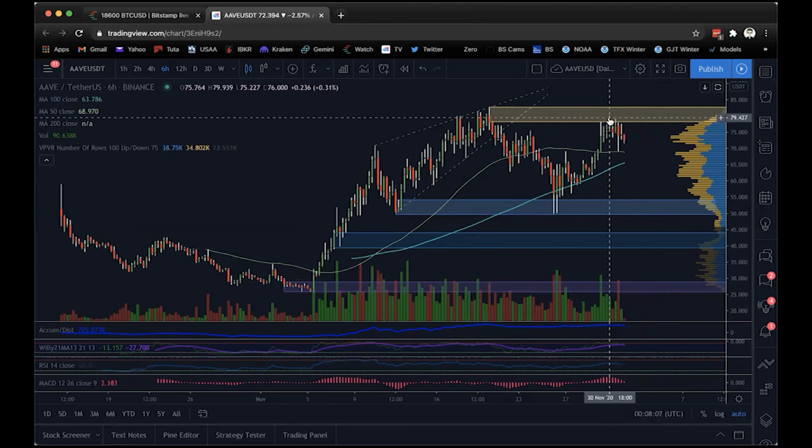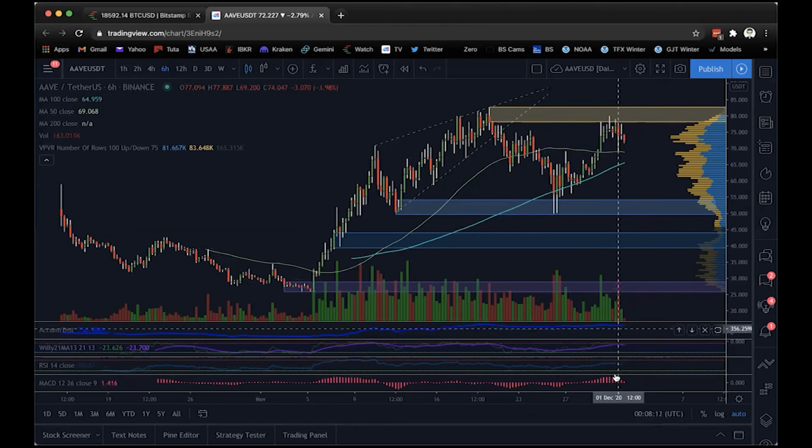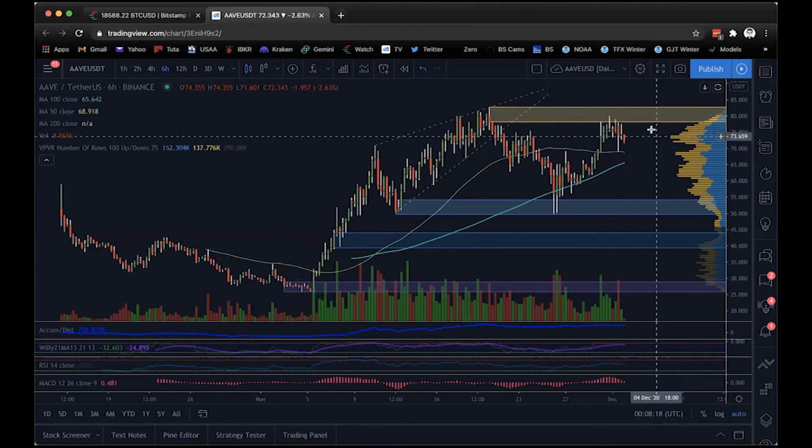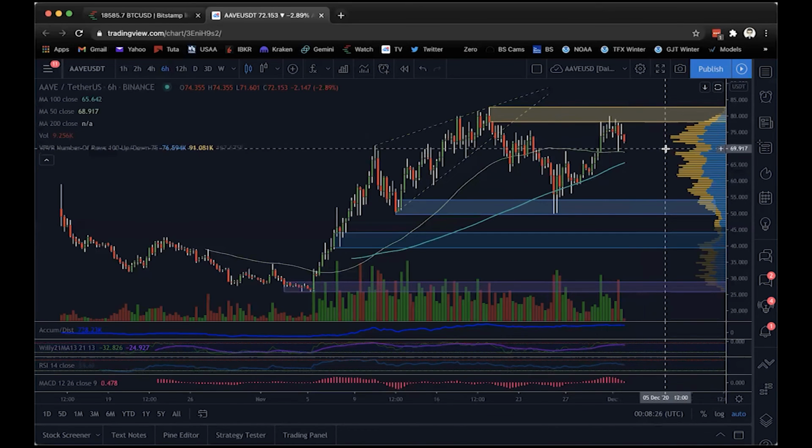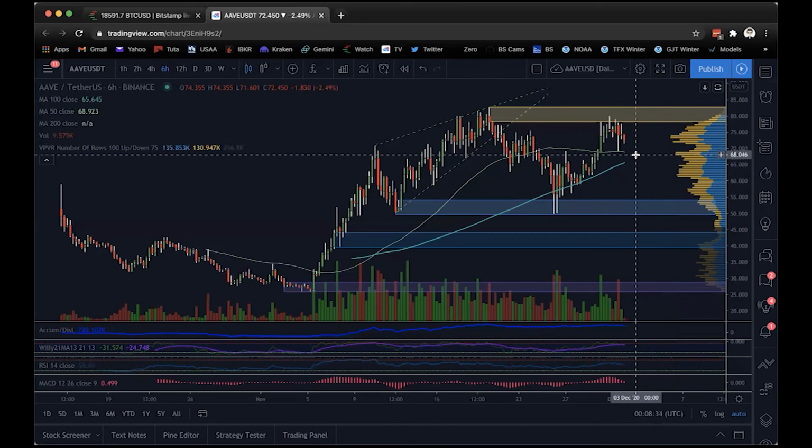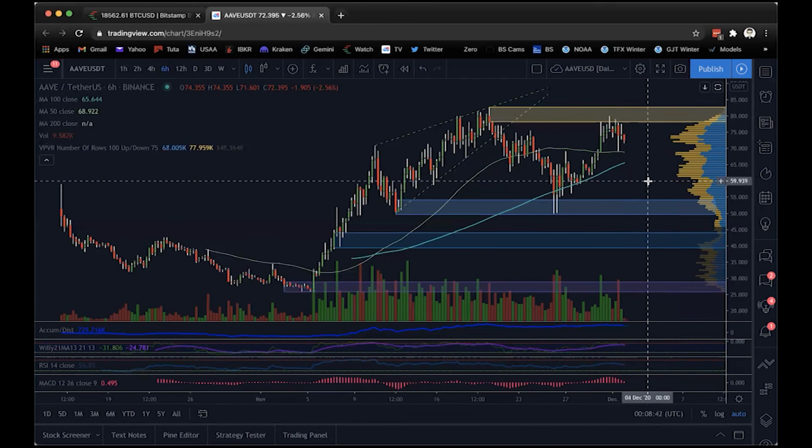And so, this is some dangerous territory here. As RSI rolls over, MACD is about to cross below on the histogram. So if we can get, again, a week, maybe even less, 5 days of consolidation in the high 60s, 70s, then that sets the stage for a rally to even higher new all-time highs. But this would be a little more cautious. So maybe if price action warrants, we can get active below 60, but I think we wait and see on this one, even though it's interesting.